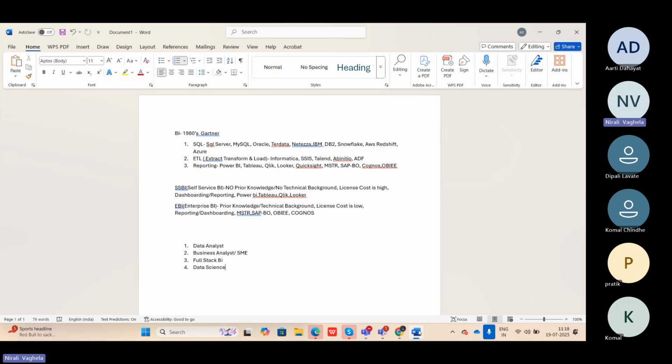In most cases in the BI section, hardly 2 or 3 out of 10 companies will have a dedicated tester for this particular process. The rest, we only have to do this round of testing. So generally, if I have done a particular development, I give my report to another person to test it. That's how we do it in a company.